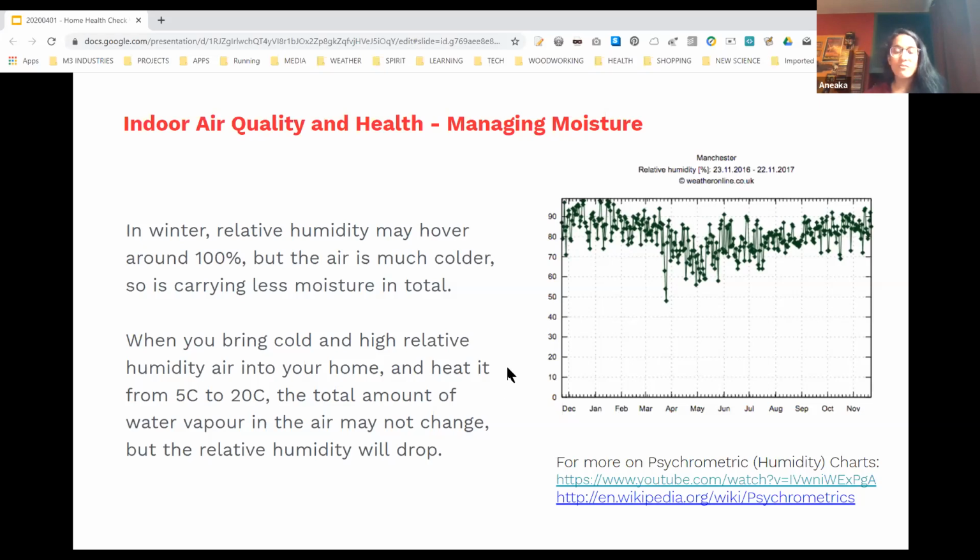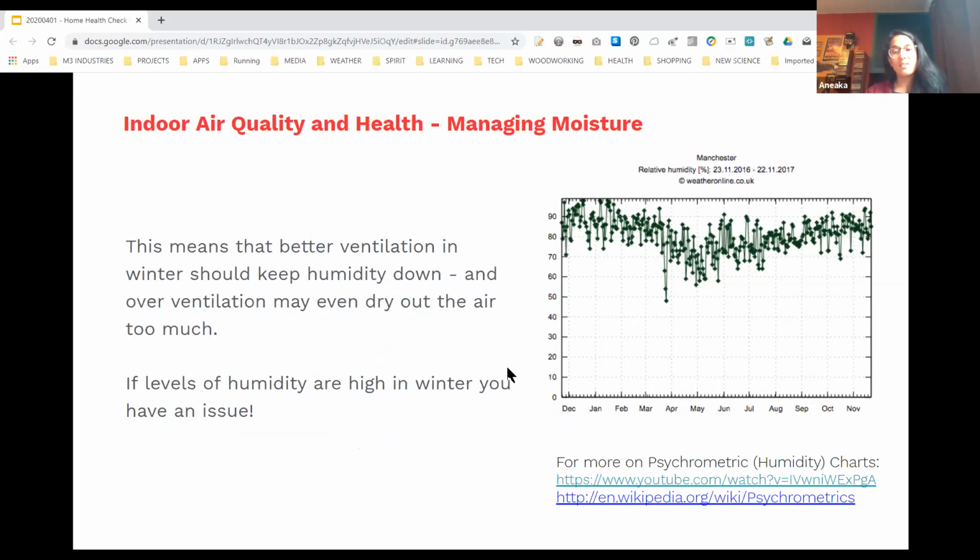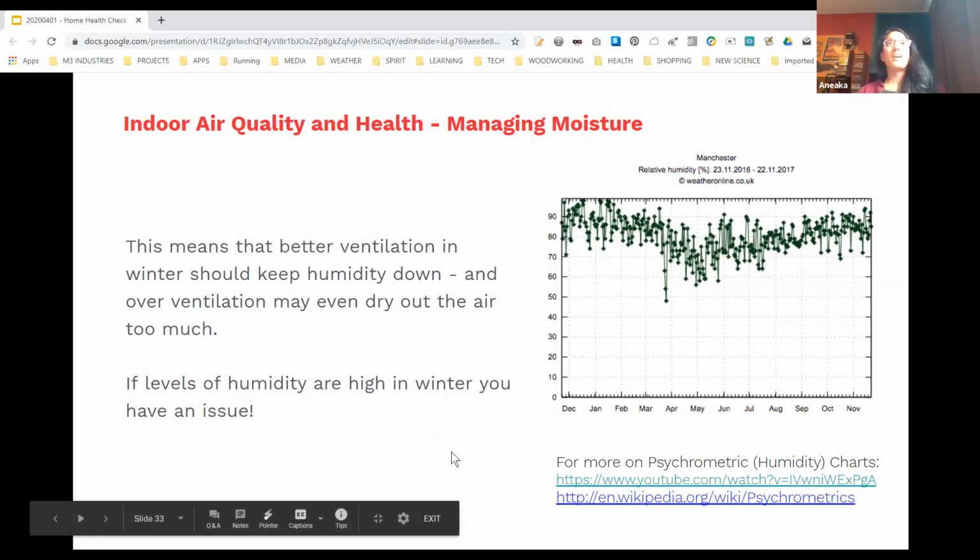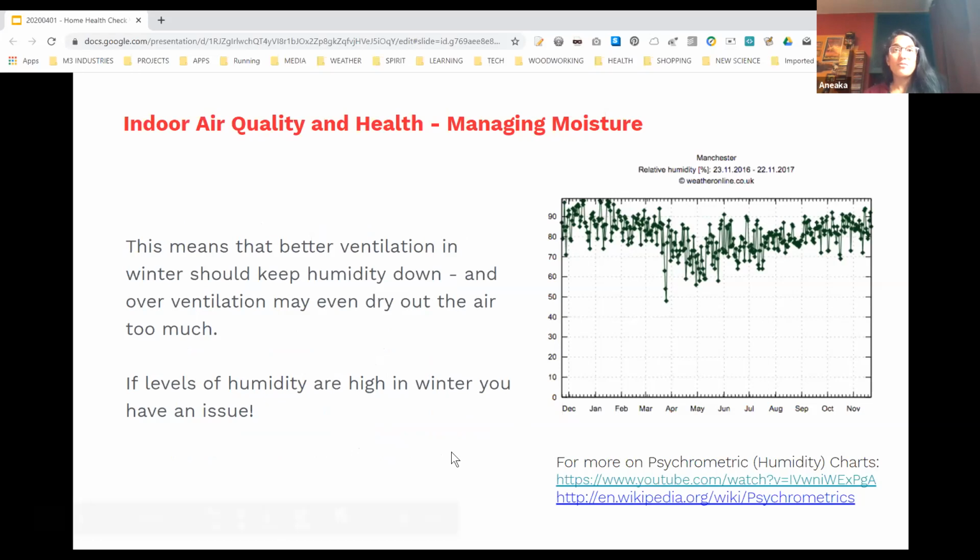That's why it often feels quite dry inside during the winter. But the reason I'm talking to you about this is, if you start monitoring your humidity levels at home in winter and find that they are quite high, it might suggest that you've got a significant issue. But if you find your humidity levels on the higher end during spring and